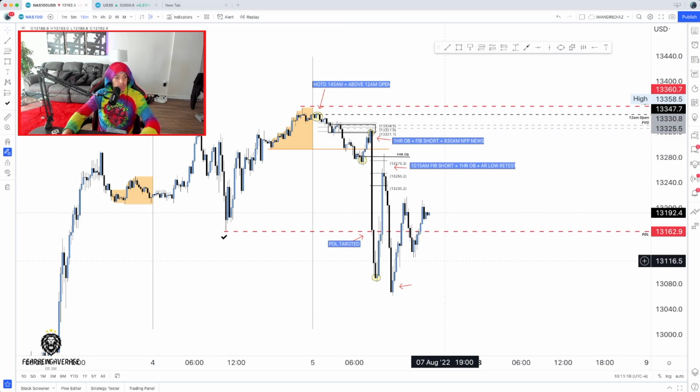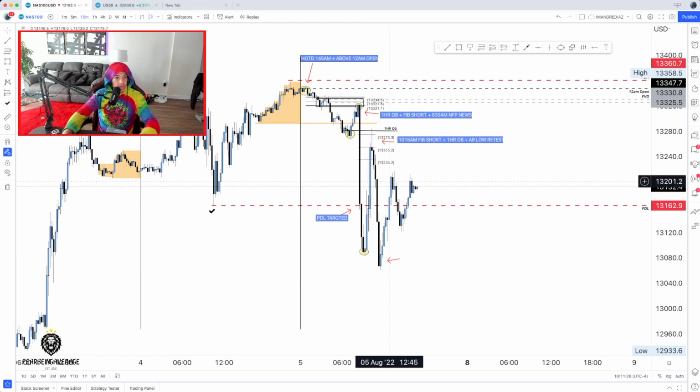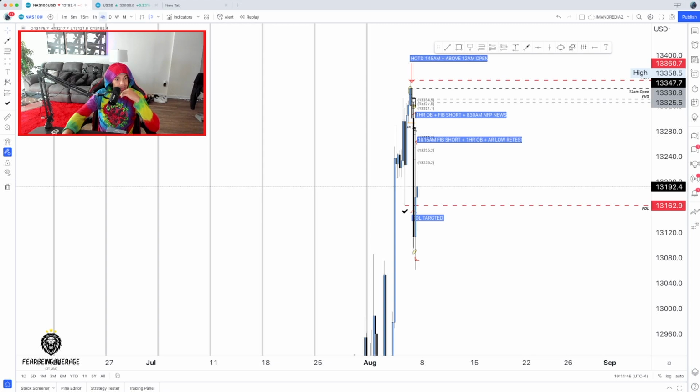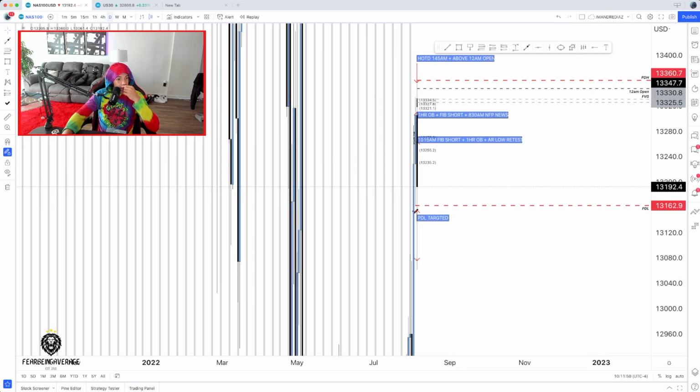Now we have this price all the way down here where we ended up getting the low of the day. So we got the low of the day at what time? 11:30 in the morning. And where did we get it at? We didn't really tap into that 13,000 level, in my opinion. But overall, it looks like we were holding 13,100. But I'm going to look more to the left to see if there were any areas in price that showed clean rejection. But in my opinion, there was no real area.